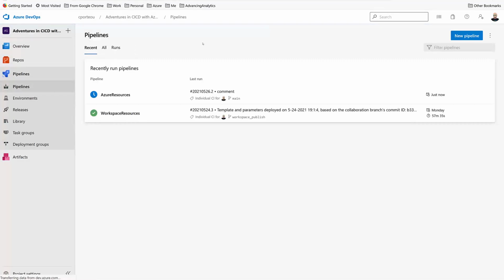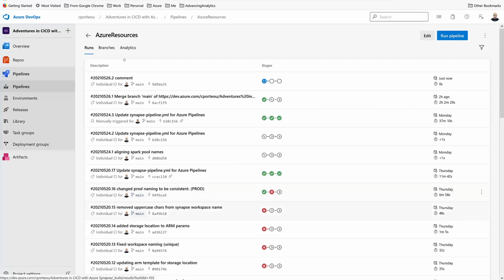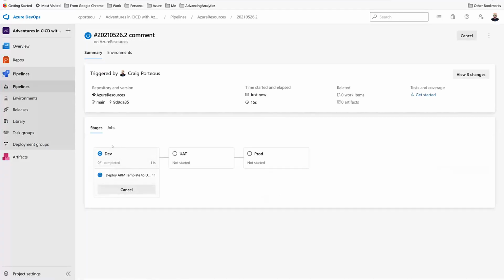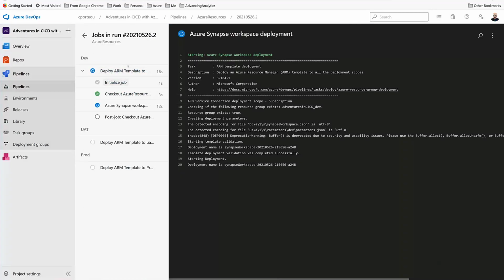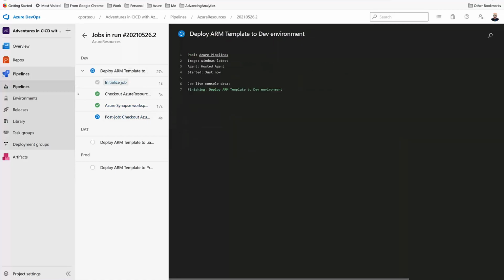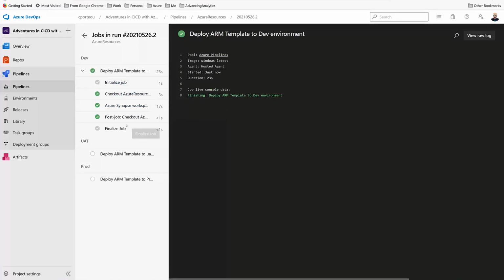If I come back to the main pipeline page, we can see this has triggered the Azure Resources pipeline. If I come in here, we can see the 3 distinct stages. If I go into the most recent deployment, we've got the commit comment there. And we've got dev, UAT, and production. And you can click into the details here to see the steps that it's going through. It's checking out that repo. It's then going to do that ARM template deployment. And once that runs through, you can see it's completed the ARM template deployment, the updates, and it's now